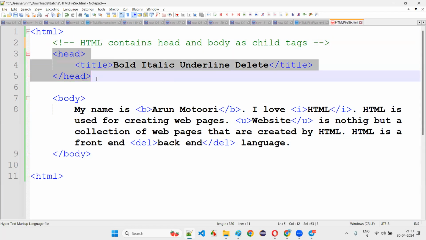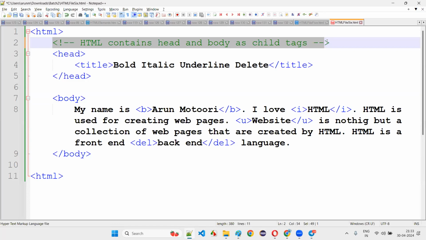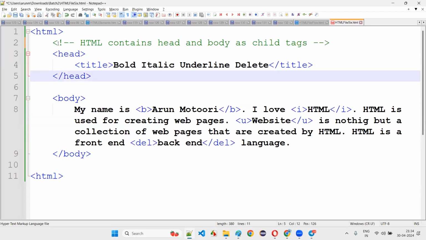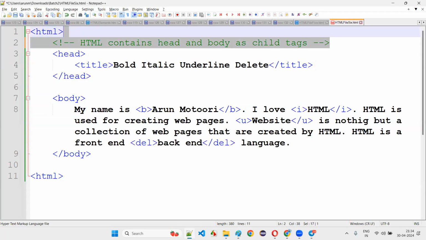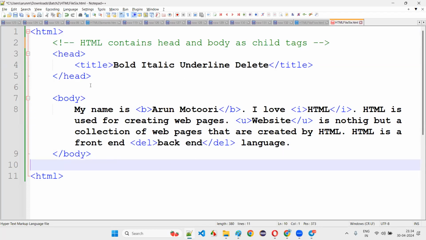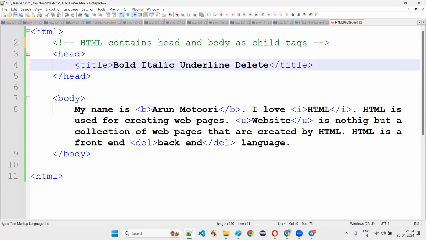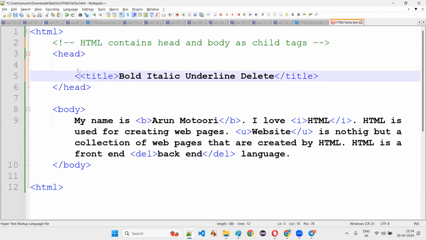They are only there so that if you share this code with another person, and the HTML code that you have written is very complex, then by looking at the comments the other people can understand what the HTML code you have written is doing for developing the web page. Another purpose of the comments is, for example, I want to comment this entire head section, or this title part.